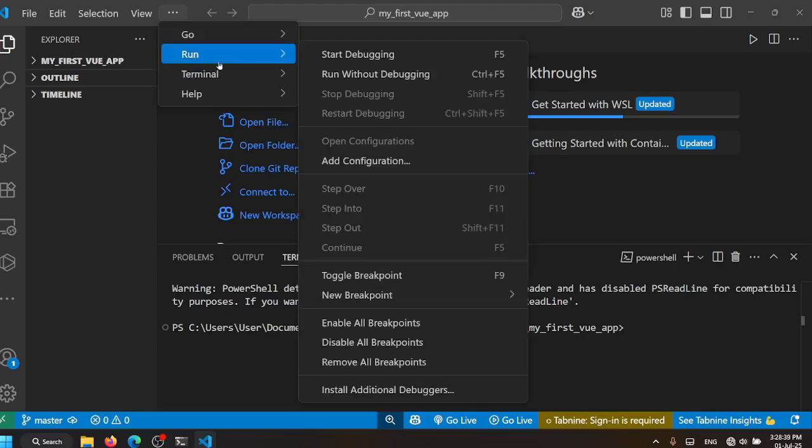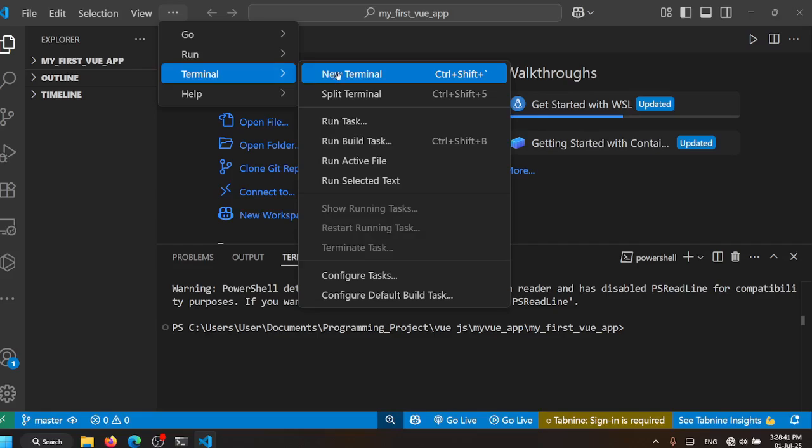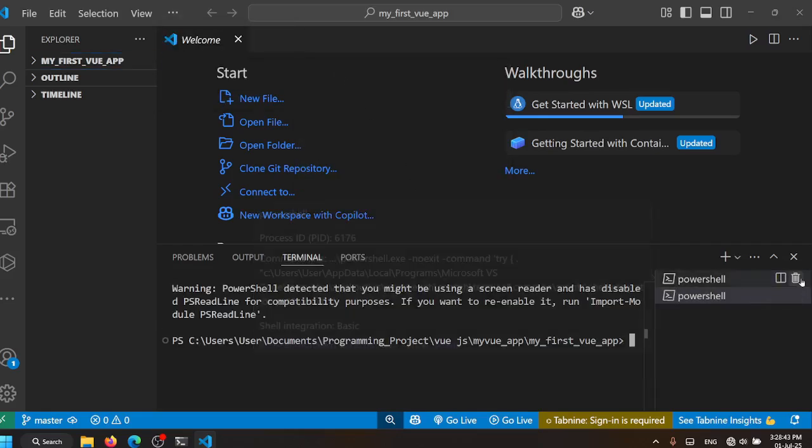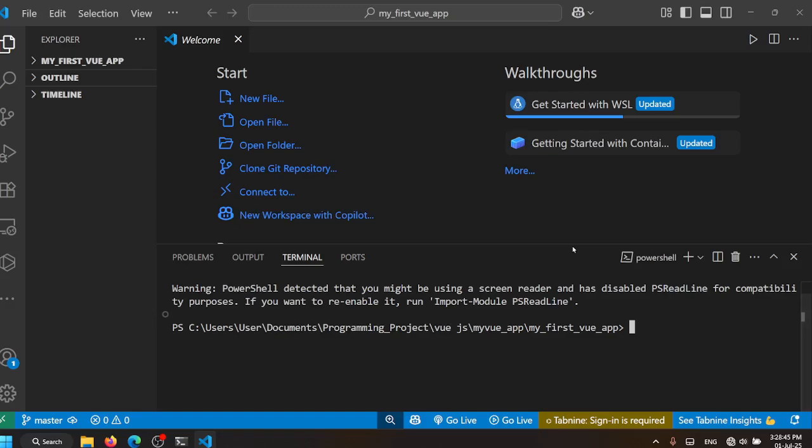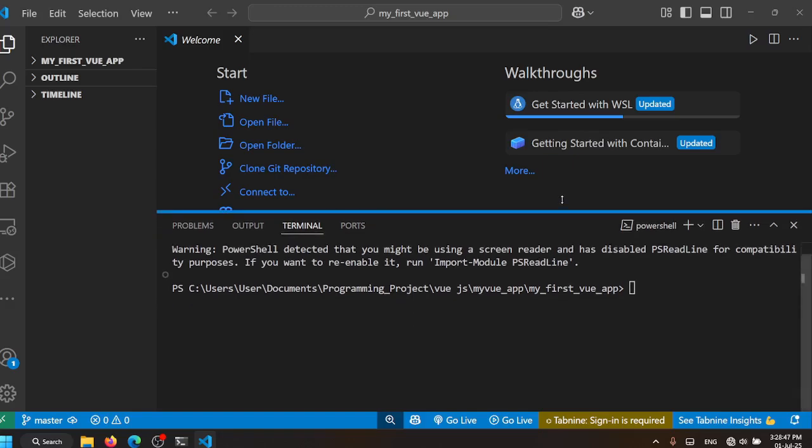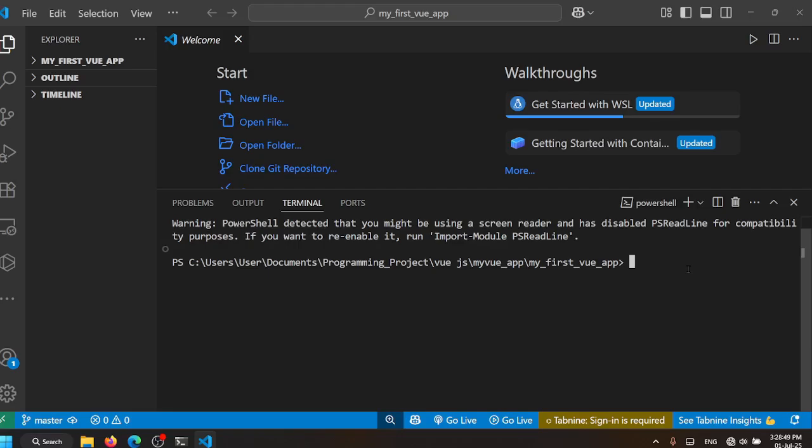more, I'm going to select a new terminal. So to open it, this terminal works the same as the direct one on CMD or PowerShell. You see, when I'm back on one level up, I go to the project,